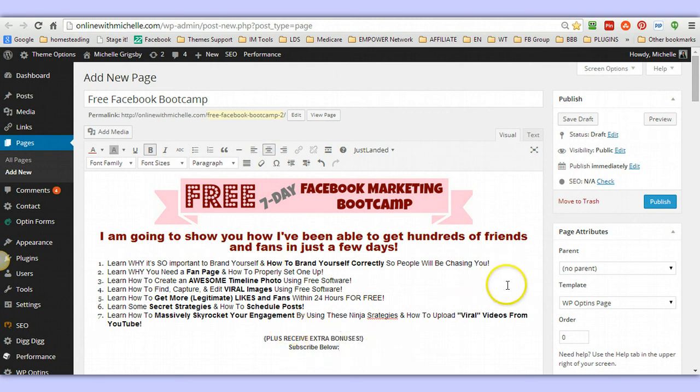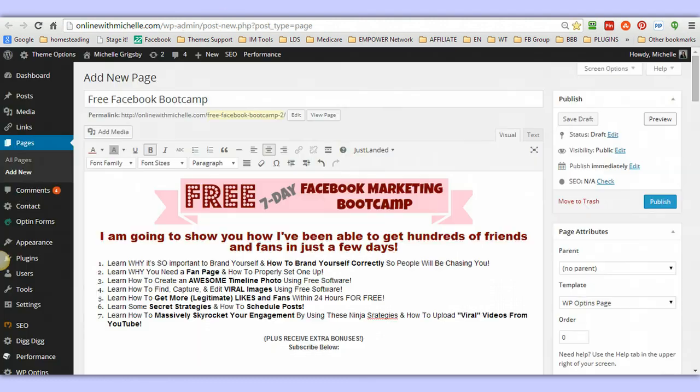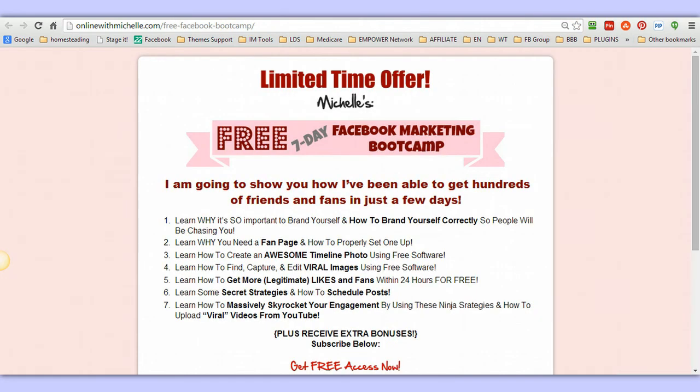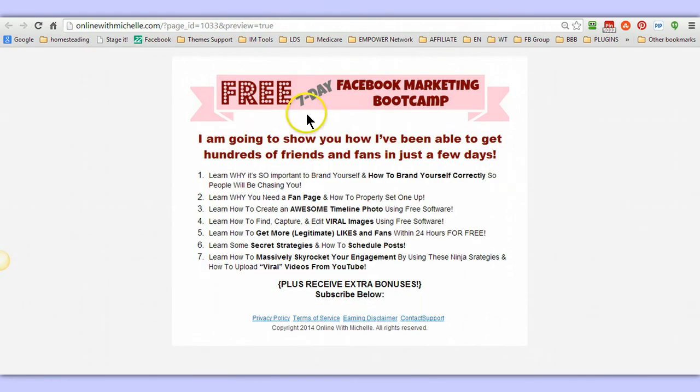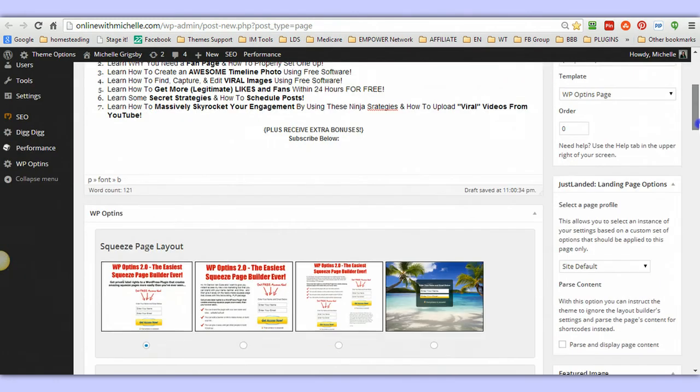All right, let's see what that looks like. I'm going to hit the Control button and then preview. Let's see what that looks like so far. All right, cool. That's how it looks so far. All right, then what you want to do is, right now it looks pretty plain. If you want to add a background image, if you look at the one I'm using, I've got a rounded image, I've got a little shadow, and I've got a little bit of a color background. But I want to show you first, let me go ahead and do that since I just mentioned it. So I'm going to scroll down,